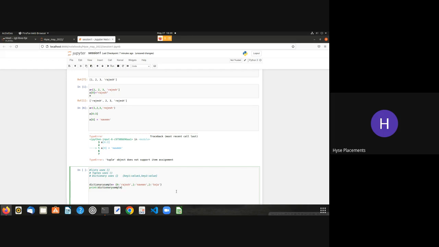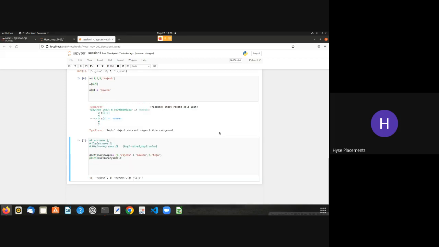I'll use dictionary sample here. As you can clearly see, the output we're printing for the dictionary is like this. Suppose if I want to access only Rajesh, I don't want all the elements present inside the dictionary. So for that, what I'll do is I'll use dictionary sample